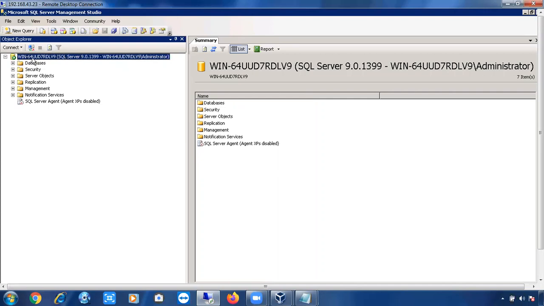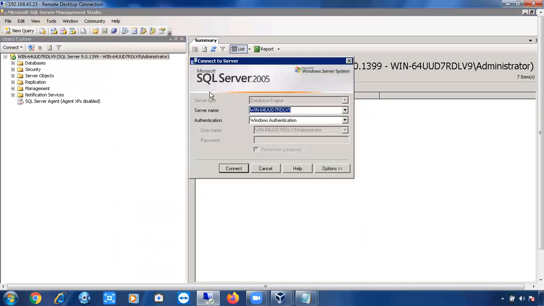Giving the computer name or server name to connect to the SQL Server is one way. How many ways can we connect to the SQL Server? Can anyone tell me any other ways? At least one way. Again, if I want to connect to the instance, I click on this connect button, just click on database engine. Now again, you will get this kind of connection pop-up, okay?